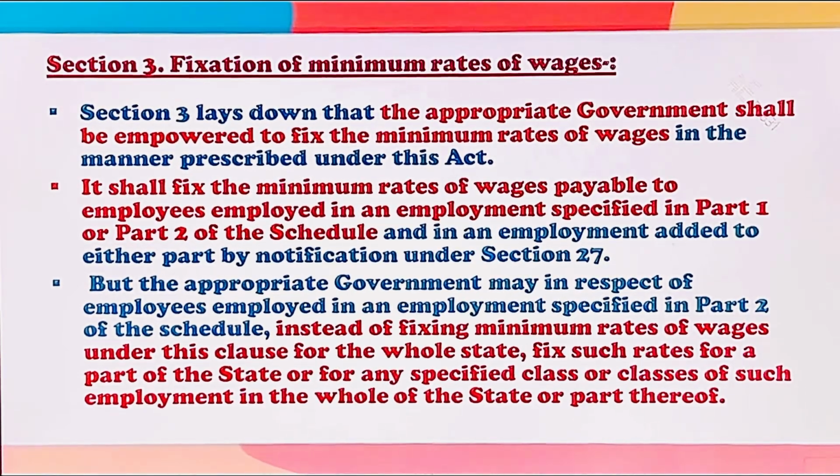So, appropriate government has the power to fix the minimum rates of wages in the manner prescribed under the Act. और जो पार्ट 1 और पार्ट 2 में एम्प्लॉयमेंट स्पेसिफाइड है उनके लिए मिनिमम रेट्स ऑफ वेजेस को अप्रोप्रिएट गवर्नमेंट फिक्स करेगी। लेकिन जो पार्ट 2 में लिस्टेड शेड्यूल्ड एम्प्लॉयमेंट्स हैं तो उनके लिए मिनिमम रेट्स ऑफ वेजेस पूरे स्टेट के लिए फिक्स करने की बजाय एप्रोप्रिएट गवर्नमेंट पार्ट ऑफ द स्टेट के लिए भी मिनिमम रेट्स ऑफ वेजेस फिक्स